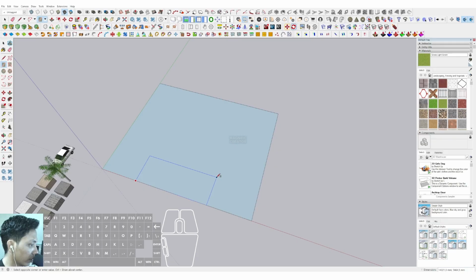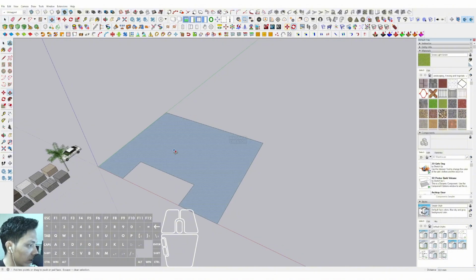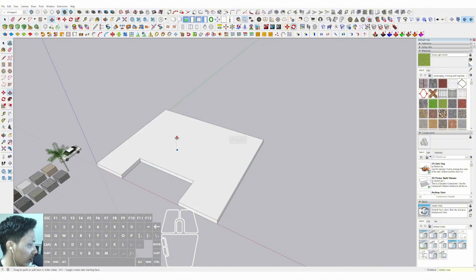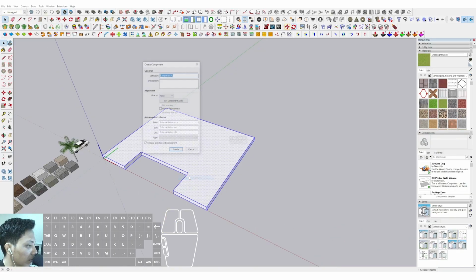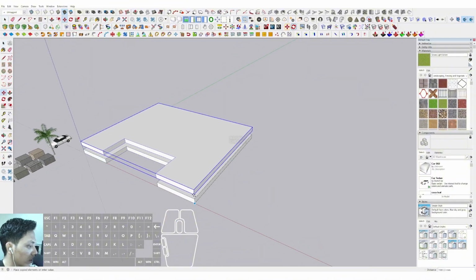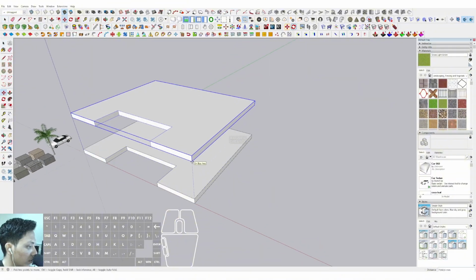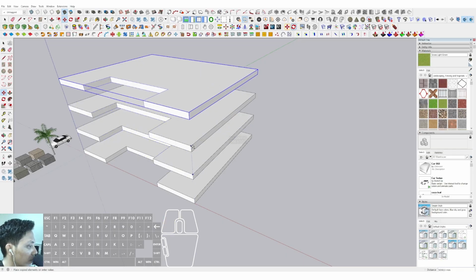We can add more rectangle in here and erase this line, and then we can click the surface and push it up around 1 meter and enter in here. Okay, and then we can triple click and make it a component and create. Then we can select move, tap control, place to this position, then we can move it up around 4 meter, enter. Then we can move and duplicate